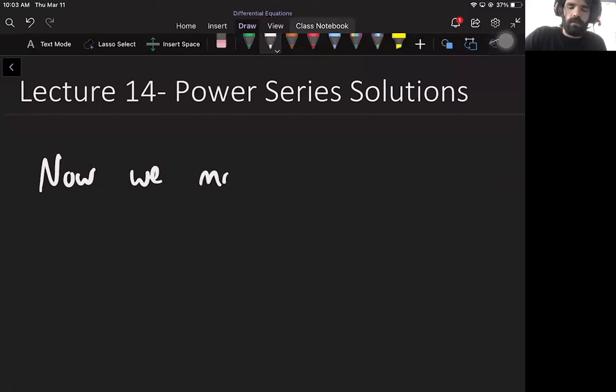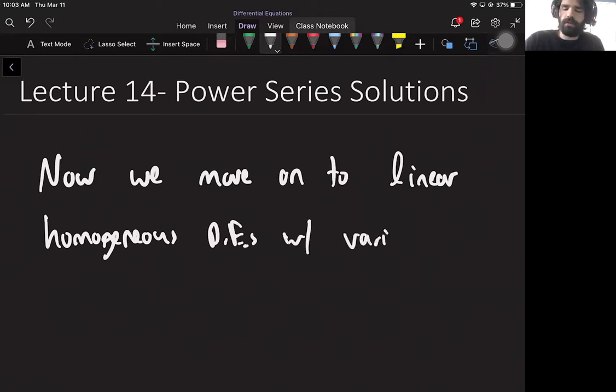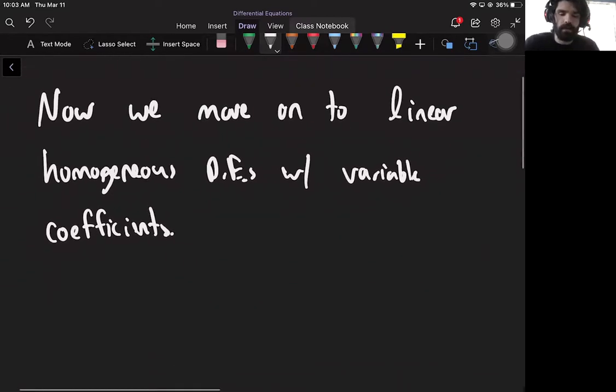Okay, so now we move on to... we're still going to be studying linear, and they're still going to be homogeneous differential equations to make things simpler, but we're going to now have variable coefficients instead of constant coefficients. So things like this